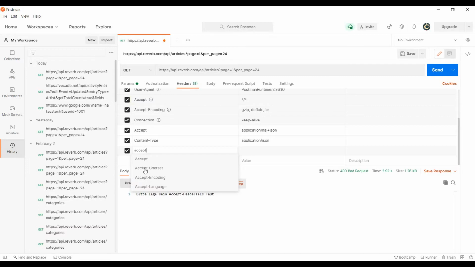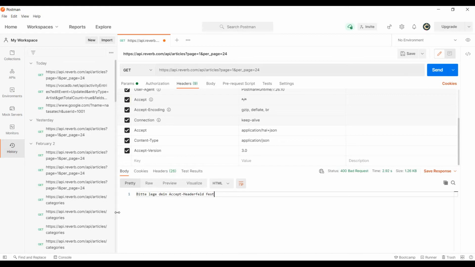See, accept version does not show in the JSON list. Don't worry, you just enter the key you are seeing in those header parts. You just type it here, if it is not available here. Okay, 3.0.